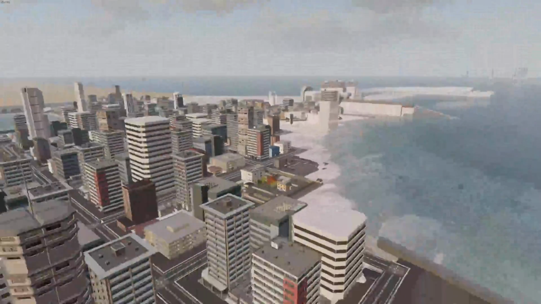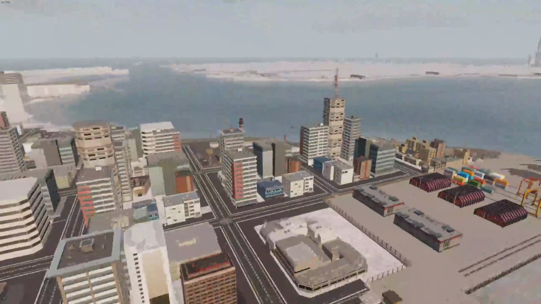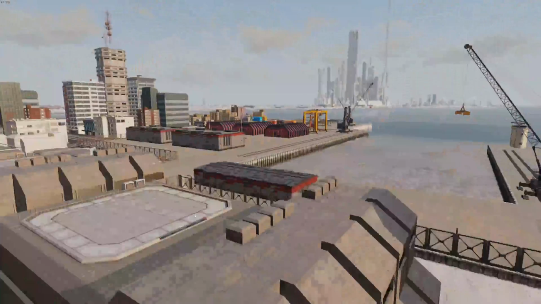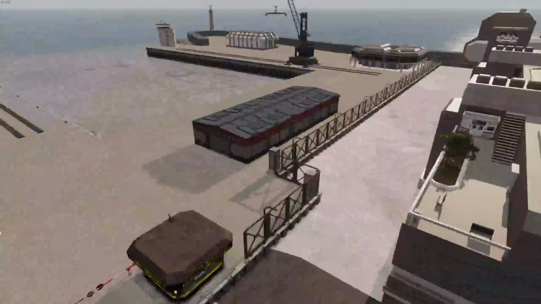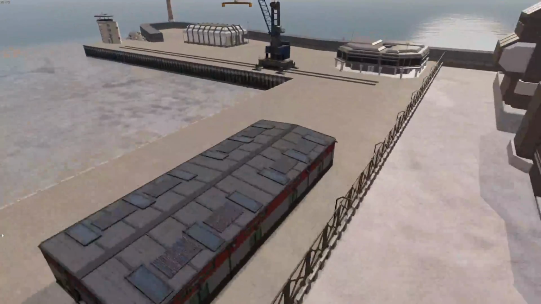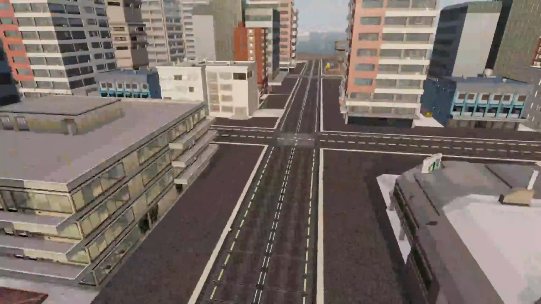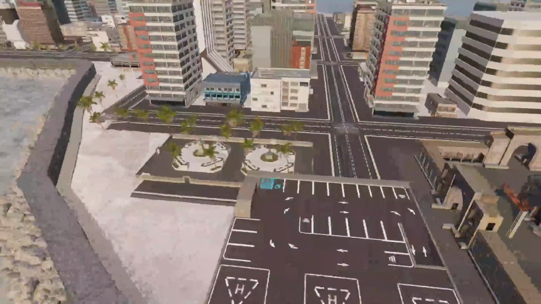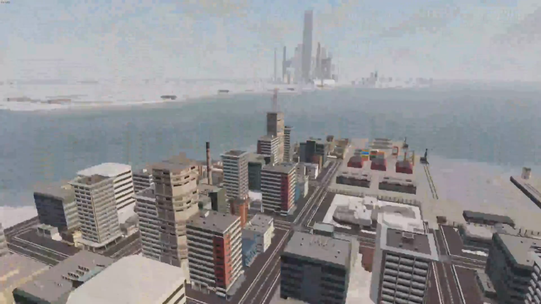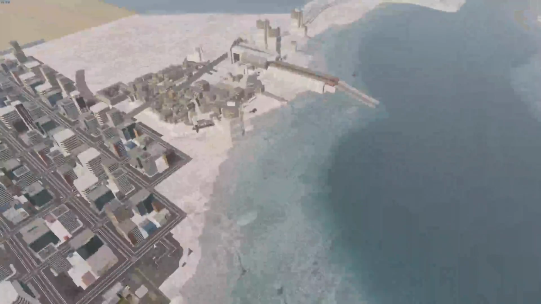I do actually really like this city section here, and it works all the better because it's a large city, but it's so different from New Mombasa. It's so much closer to what you'd expect from a modern city, and it makes it really cool. At first, I wasn't a big fan of the location, but with trees and stuff added, making it feel a little more like an actual location, it makes it all the more interesting to see all these